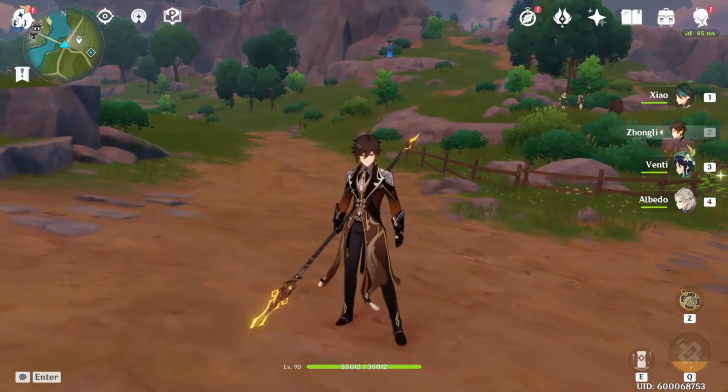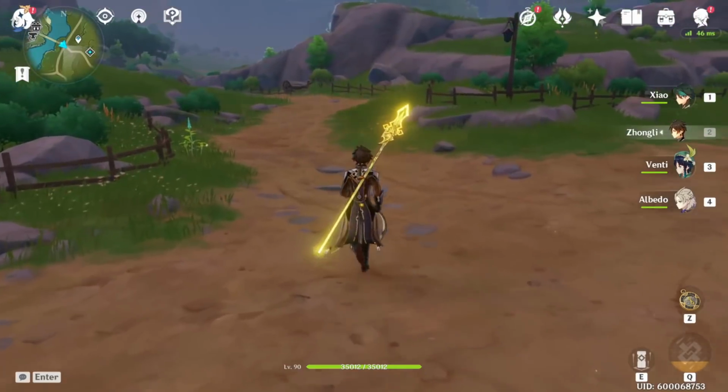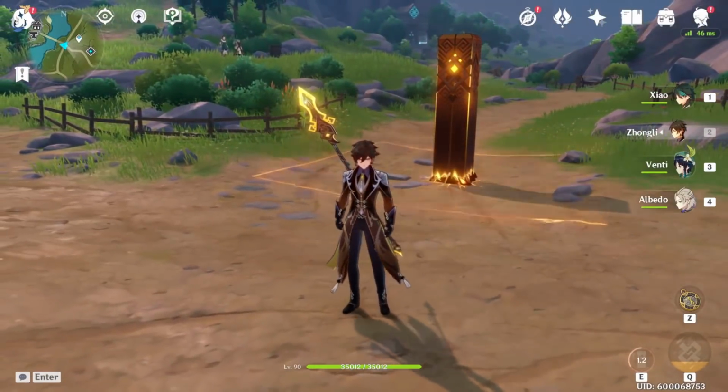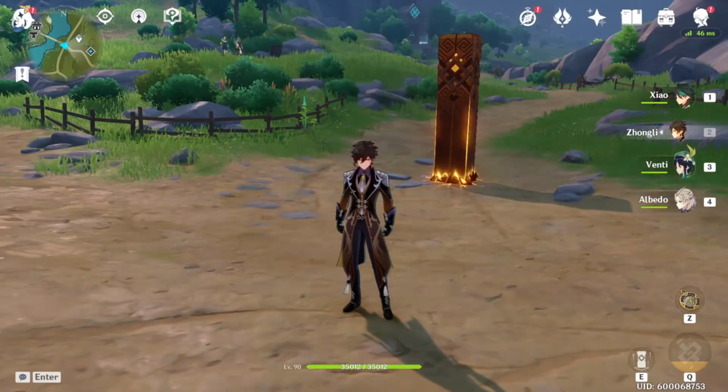Now, long story short, like I said, the 2-piece, self-explanatory, gives HP plus 20%. But for the 4-piece, basically, if I drop my E, every time the pillar resonates,